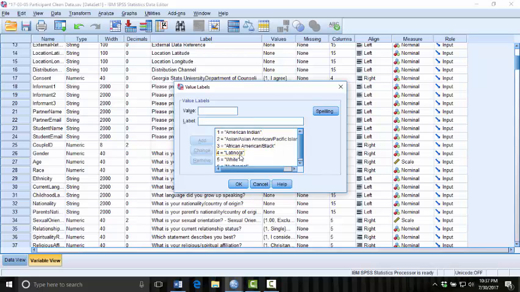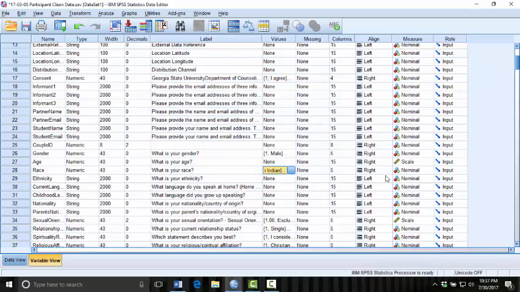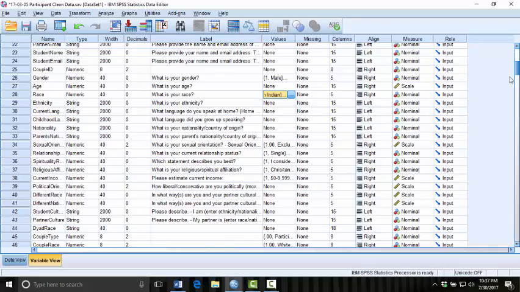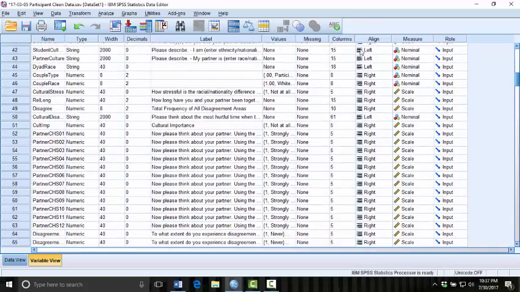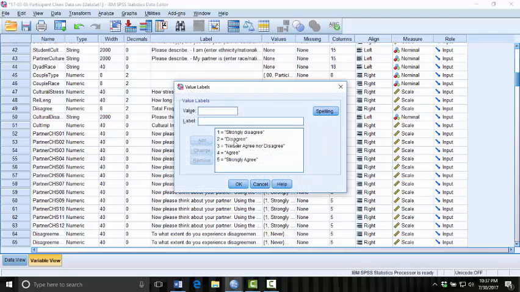There's no order that really exists in the real world, right? So that's why this is nominal. Whereas, scrolling on down, going to one of our survey items, this does have meaning. So a 1 is strongly disagree, and then it increases with the scale all the way up to 5,